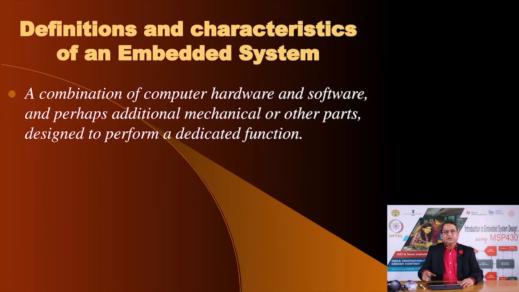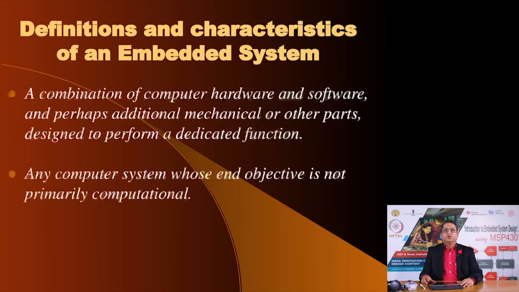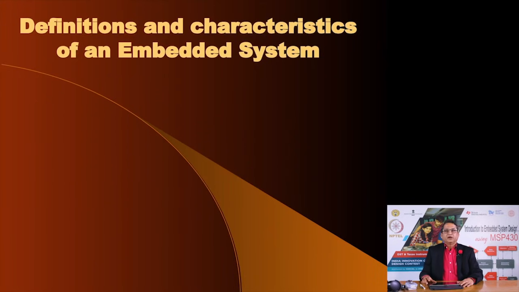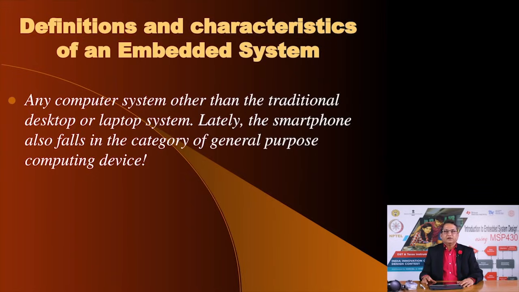One definition is that an embedded system is nothing but a combination of computer hardware and software and perhaps additional mechanical or electromechanical parts with the purpose of providing a dedicated function. Another definition says that any computer whose end objective is not primarily computational would qualify as an embedded system. Yet another definition is that a computer system other than the traditional laptop or desktop system would be an embedded system,